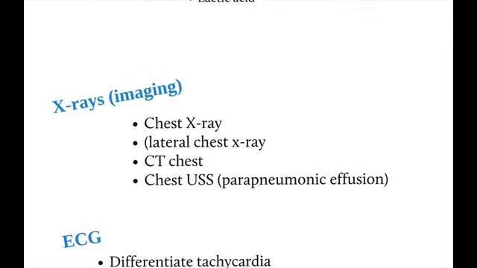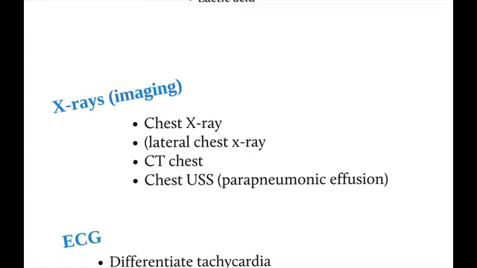X-rays, essential. So you're looking for new consolidation on chest X-ray. So you'll want a chest X-ray. So get one of those. Lateral chest X-ray is not done very much, but it can help differentiate which lobe it may be in. You might get a lateral chest X-ray where someone's got chronic respiratory disease and there's lots of complicating features, but